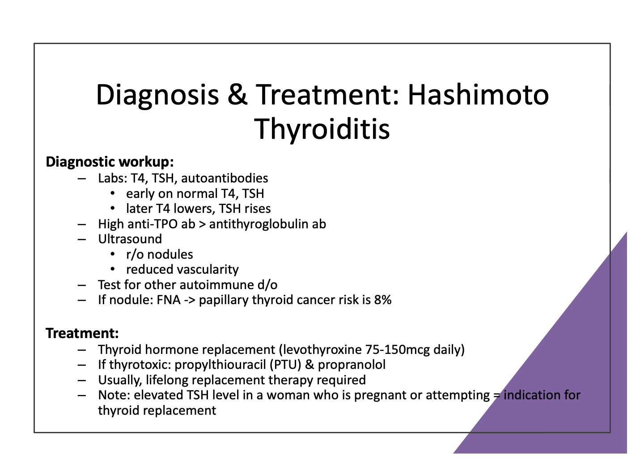So early on, we could have normal labs, normal TSH and T4, and then as the T4 lowers and we have more infiltration of the thyroid gland, our TSH will start rising. Most of the time in Hashimoto, we will have a higher anti-TPO antibody compared to anti-thyroglobulin antibodies. An ultrasound must be done. Actually, it's suggested in some literature. I would ultrasound all of these people